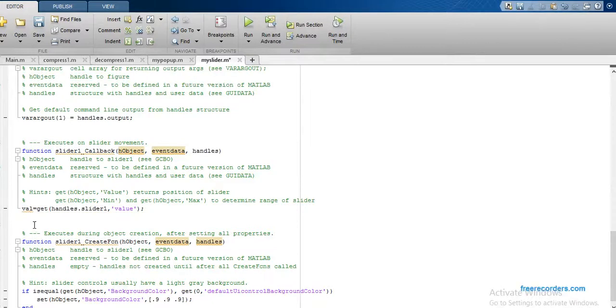Now I'm going to write set, in brackets, handles dot text1, comma, in single inverted commas string, comma val.